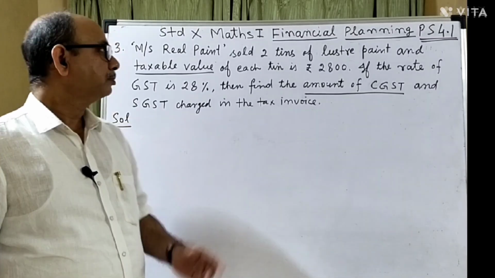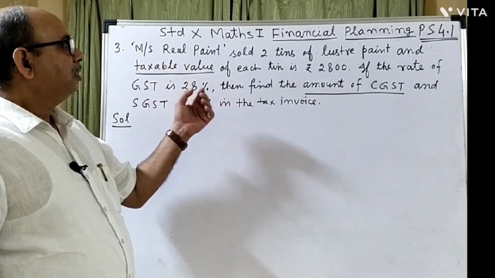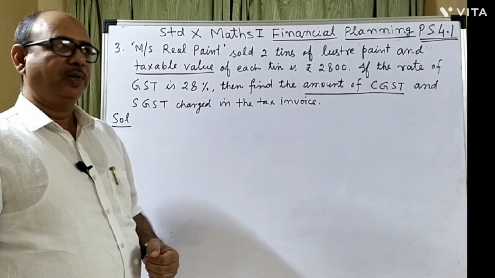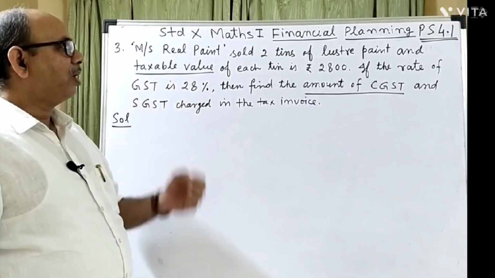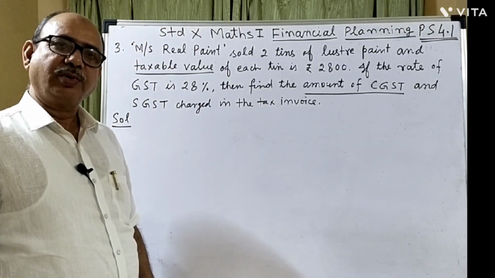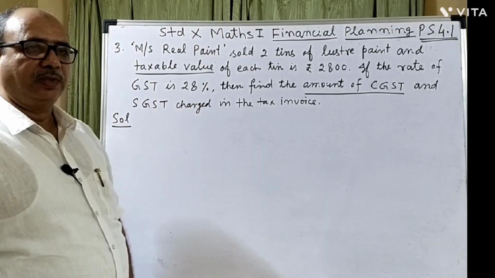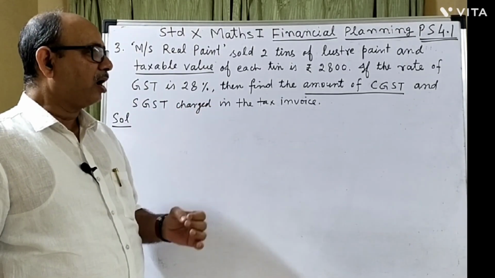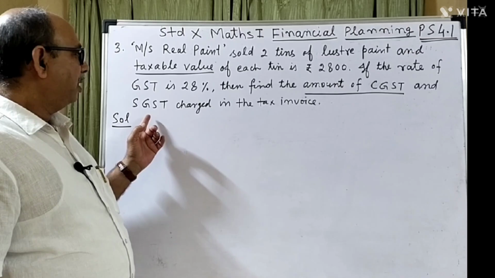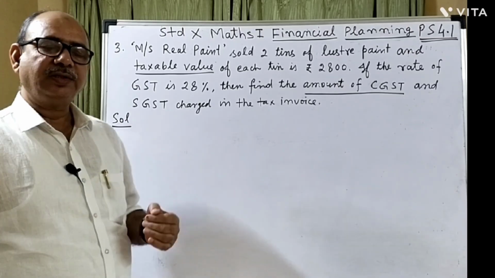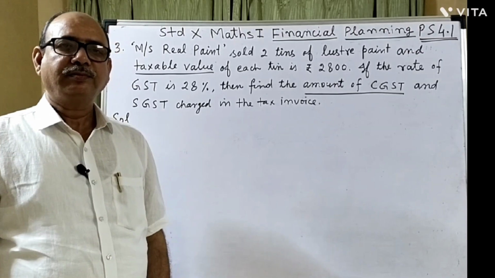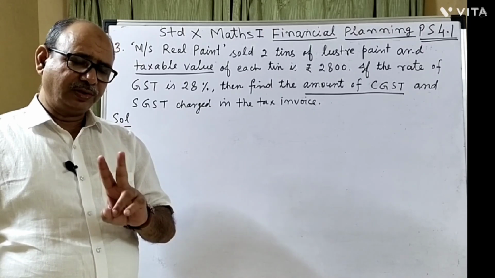Question number 3. Miss Real Paint sold 2 tins of luster paint and taxable value of each tin is rupees 2800. If the rate of GST is 28%, then find the amount of CGST and SGST charged in the tax invoice. इस क्वेश्चन में दो इंपॉर्टेंट चीजें हैं।